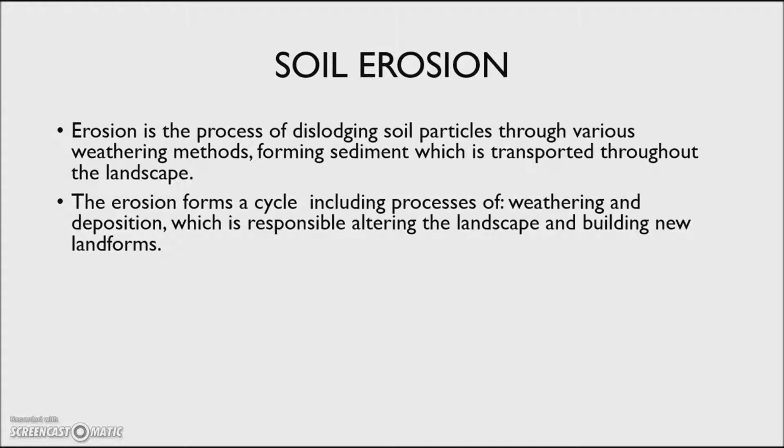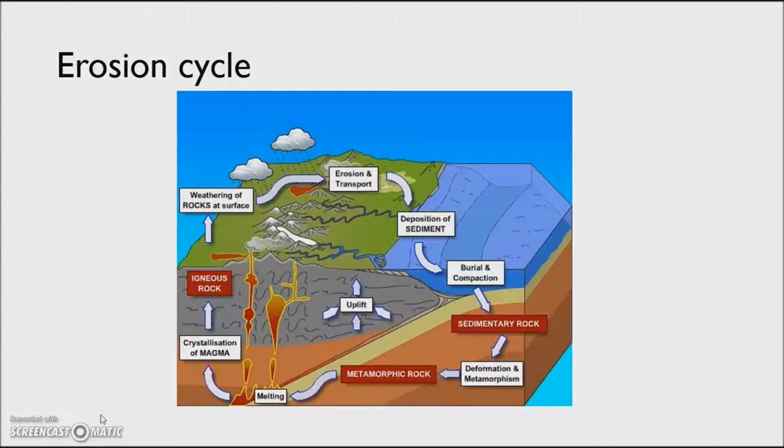A cause of dryland salinity is erosion that exposes saline subsoils. The removal and loss of native vegetation, as well as some agricultural practices, can increase erosion rates and expose naturally saline subsoils. The erosion cycle is a very important cycle occurring in nature. It has always been occurring and always will be occurring.